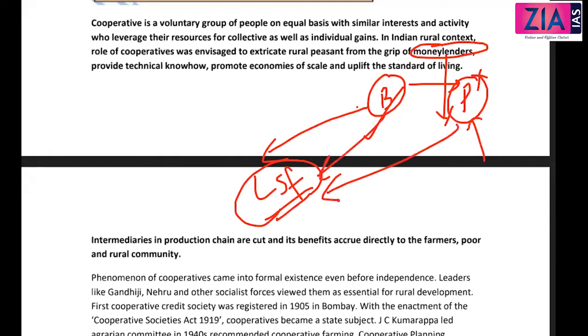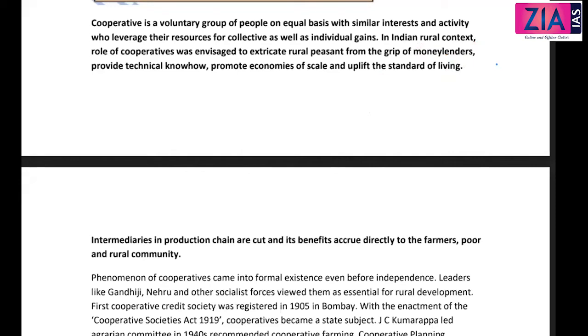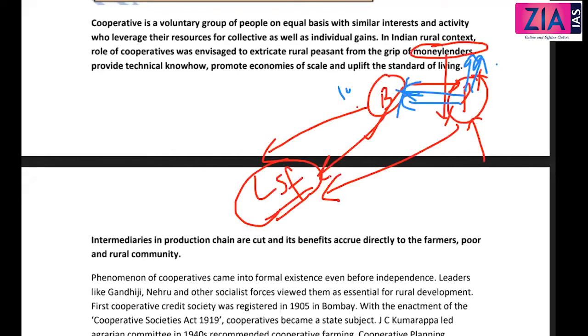Now for peasants also, if you think from their side, which one is easy for them? Approach the bank or approach the moneylender? You approach the moneylender, on the spot, immediately you get the money that is required. But at the bank, you need too many things, and finally you will not get the money also. And once you approach the bank, what is the interest? Let's say 10% is the interest. When you approach the moneylender, this guy also will tell you 10% is the interest.